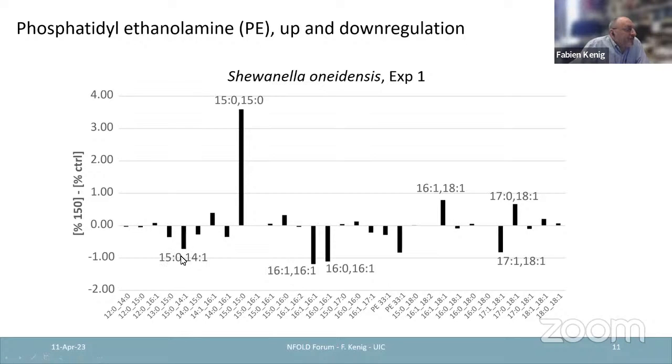So, for example, this 15-0-14-1, so these two legs, one with the C15 and one with the C14 with one unsaturation, could use this unsaturation to form 15-15, so put a branch, for example, here, and so we can then have an intact lipid with two branched substituents. So there are clear upregulated molecules,